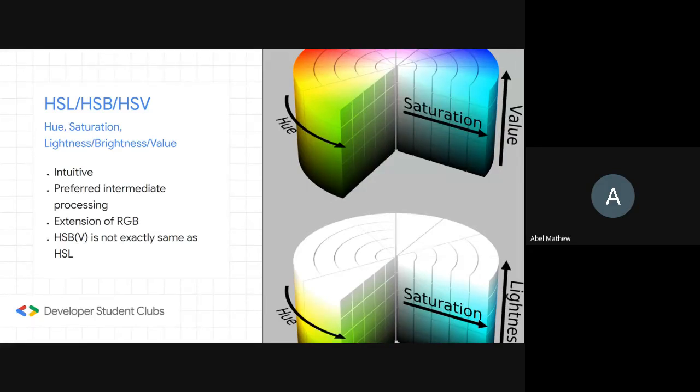For the lightness one, it ranges from black to white. So if you want to have the true color, you need to have lightness equal to 0.5. Apart from this, small difference, HSB, HSL and HSV are completely the same. The difference is it starts at black and goes to white in one, and the other one it goes from black to the full value of the color.